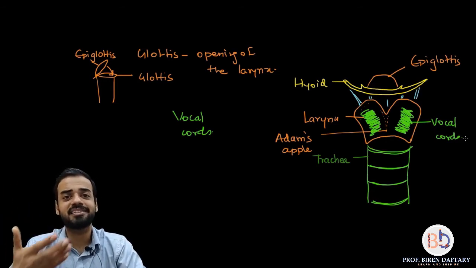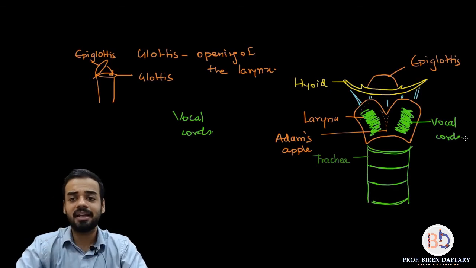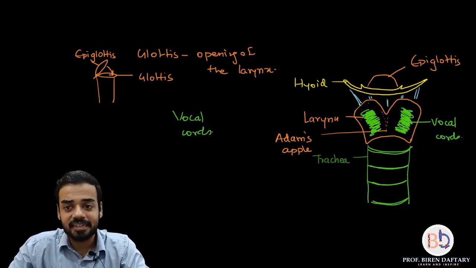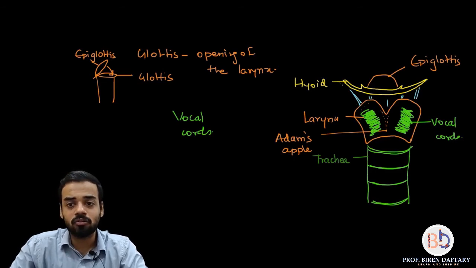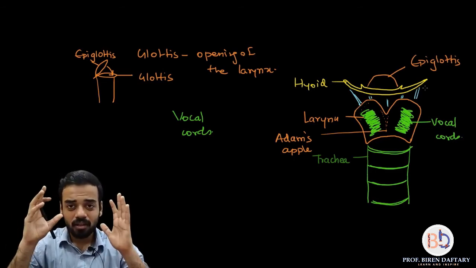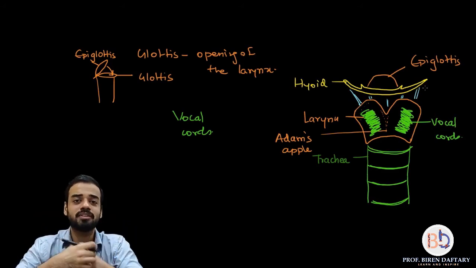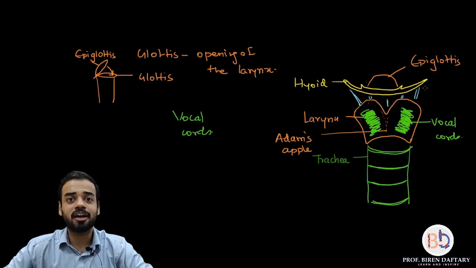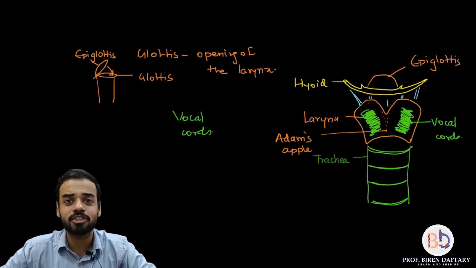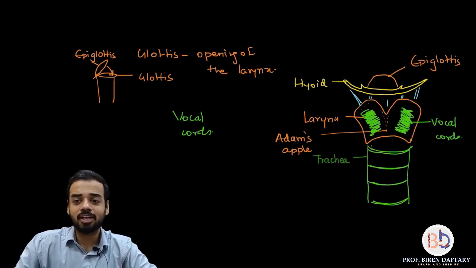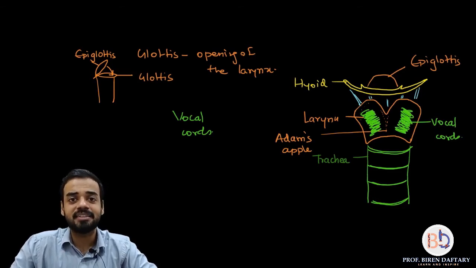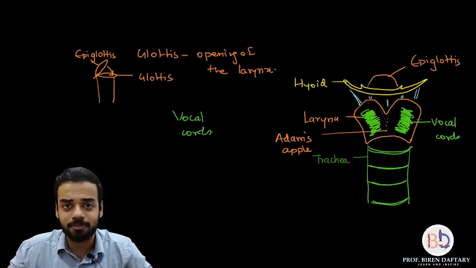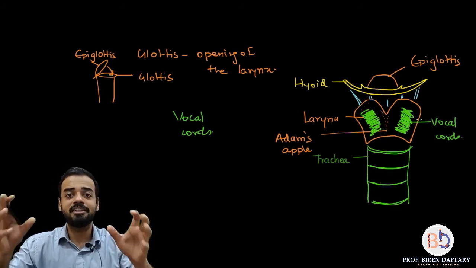Okay, so they are present exactly behind the Adam's apple, and these are a very, very important part of your larynx. Is this clear? Okay, so I have already told what the hyoid bone is. Now if you see the diagram in the textbook, then you will see parts which are called thyroid membrane or thyrohyoid cartilage. All these words you will see. Please remember that on this larynx there is a gland called the thyroid gland which is attached. Okay, but it is not a part of the respiratory system. So that is why these parts have been labeled.